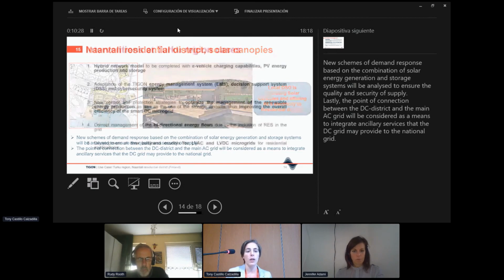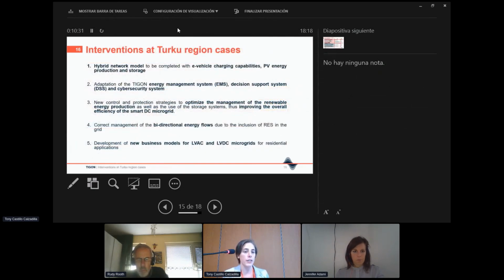So going into detail in the intervention that will be performed in this use case, of course, first of all, the model of the hybrid network will be developed, which of course will include the different assets in terms of electric vehicle charging capacity, the PV energy production and the storage, and of course the Tigon energy management system, which is one of the technologies that will be developed within the project, will be adapted to the Turku region use case,